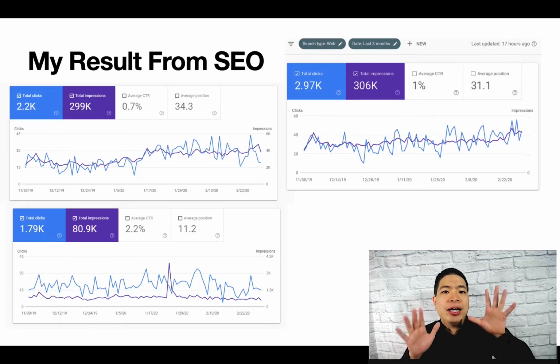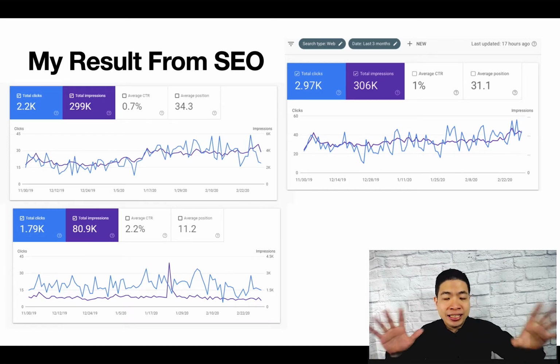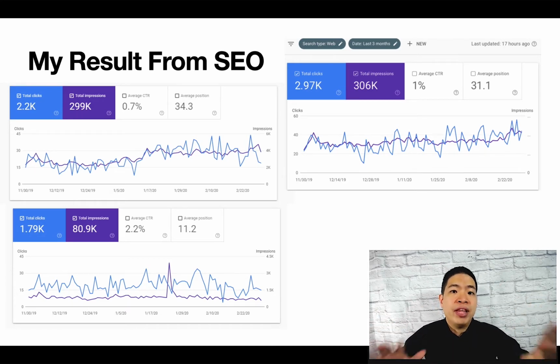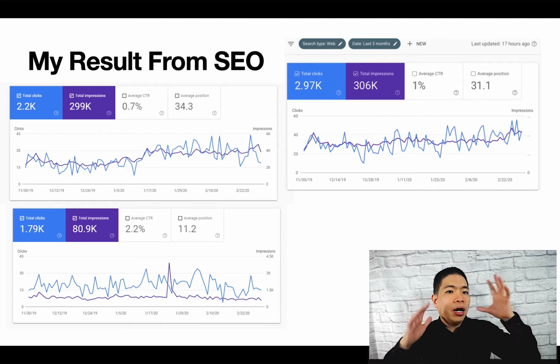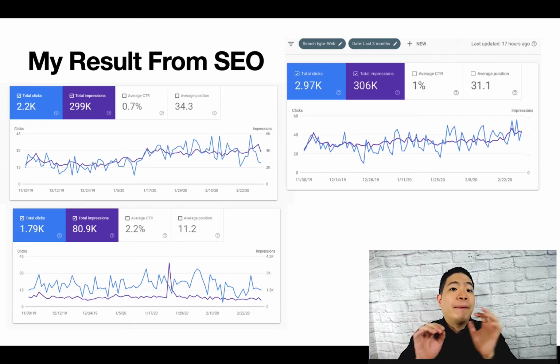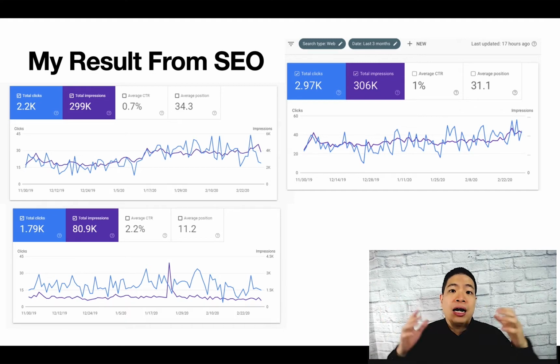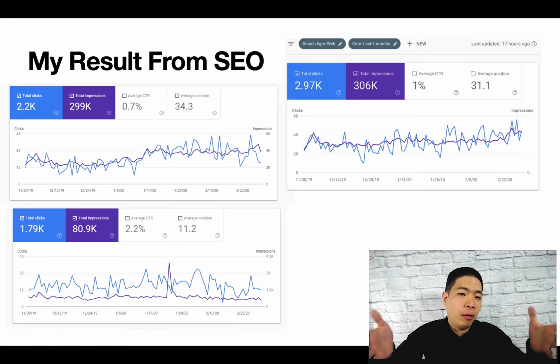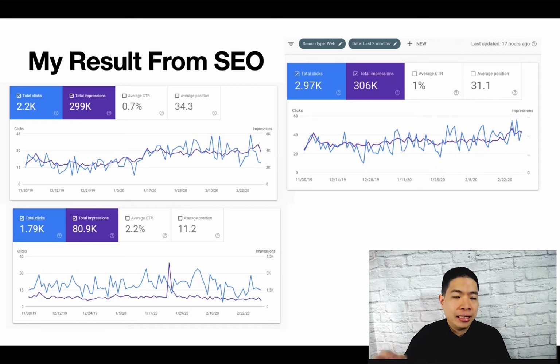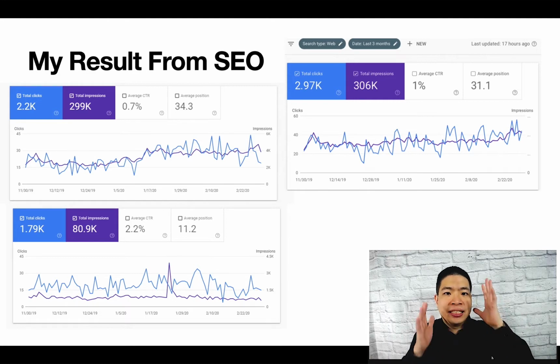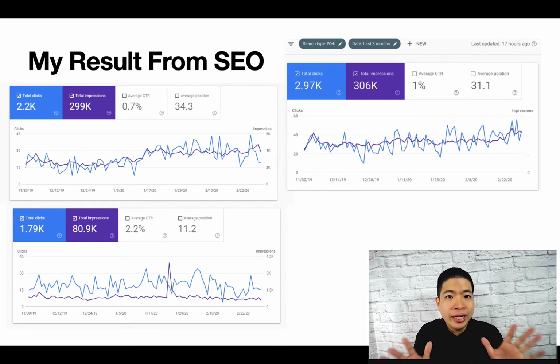Right, so here are my results, right? I do SEO for many sites, and many of them are my own websites, right? So those are the results. As you can see, I paid zero for ads, right? I didn't spend a dime on advertising on those websites, and I get so much traffic, especially when you know that traffic on Google is really expensive. Sometimes it will cost you maybe $1, sometimes $2 per click, right? So if you can get so many clicks for free, it's really well worth it.